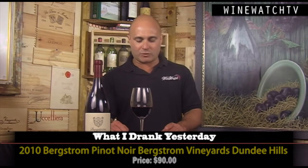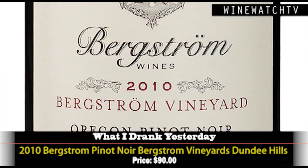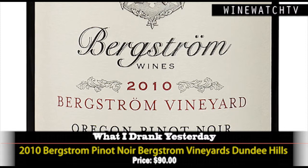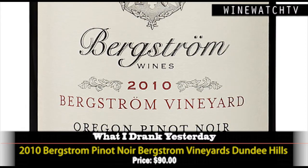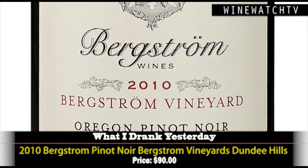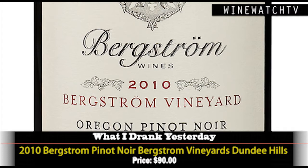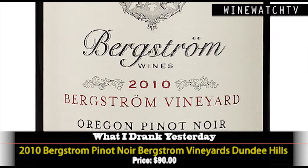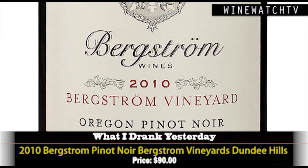The Bergstrom Vineyards from the Dundee Hills was next. A good amount of dirt here on the nose. One of the things I love about Pinot Noir, it is a chameleon. It really shows you where it's from. The same vintage, the same producer, the same varietal, but very different wines. This vineyard's about 2 miles away as the crow flies, but the terroir consists of an old lava flow here, so very different than that marine sedimentary soil in the Lancelotti wine, more iron-rich soils, and they make the